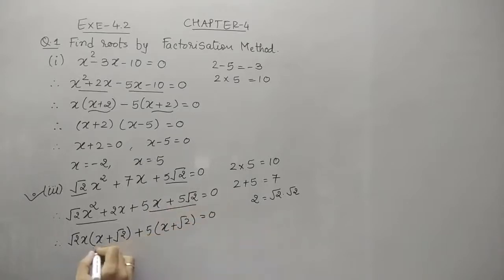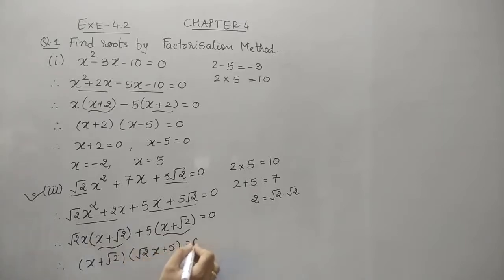Now as we discussed earlier, both the brackets must be equal, and they are. So one of our roots is x plus root 2. Another is the remaining terms which we have taken out common: root 2x plus 5 equals 0. So x plus root 2 is 0 and another factor, root 2x plus 5, is 0. So the value of x is minus root 2 and the value of x is minus 5 by root 2. So these two are the zeros of this quadratic equation.